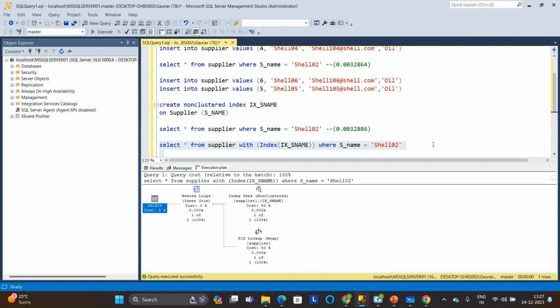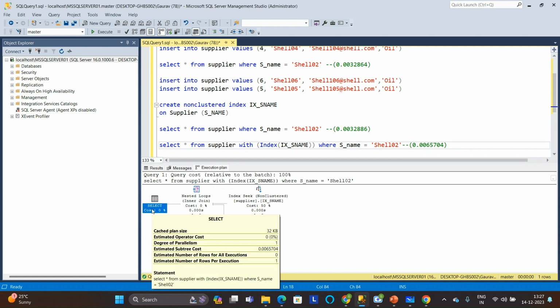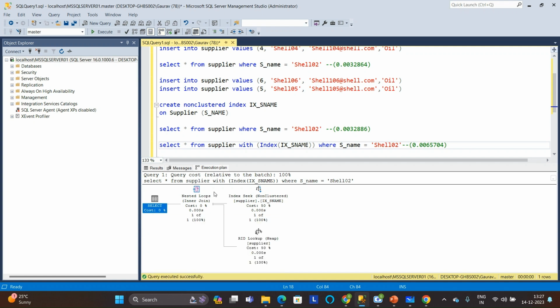0.0065704. If I just note it down here, I'll just reconfirm, 0.0065704. So here you could see, even though we have created a non-clustered index on this column, and we are using this index,